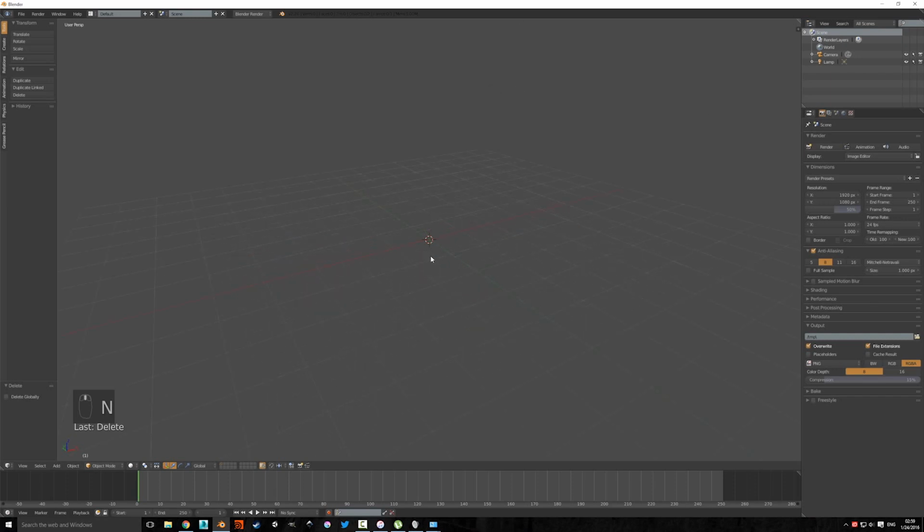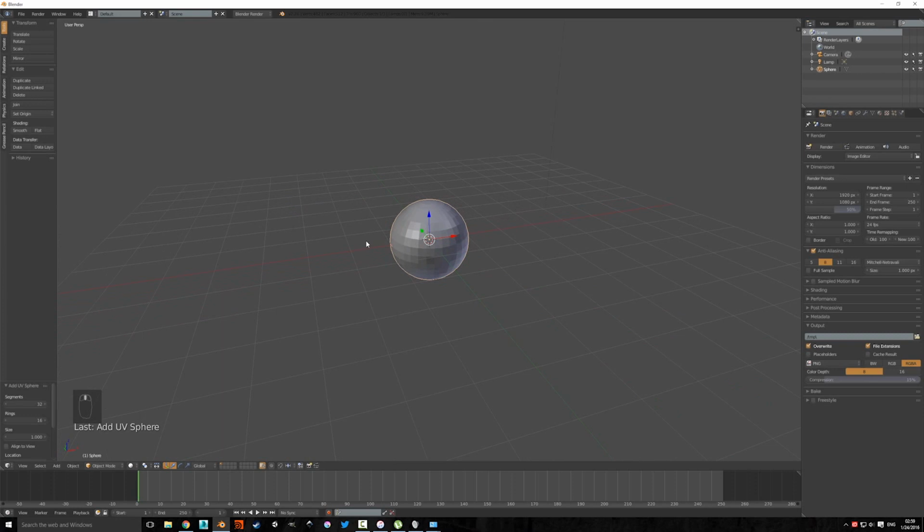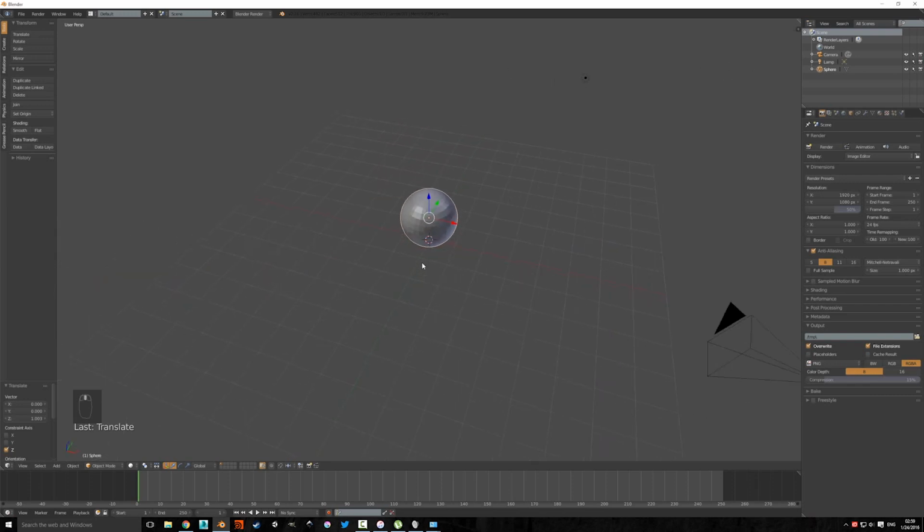Because our character is spherical, it only makes sense that we start with a sphere, and I'm pressing the add menu by pressing Shift A. And here we have the sphere, and I'm gonna make it lay on the surface of the grid,